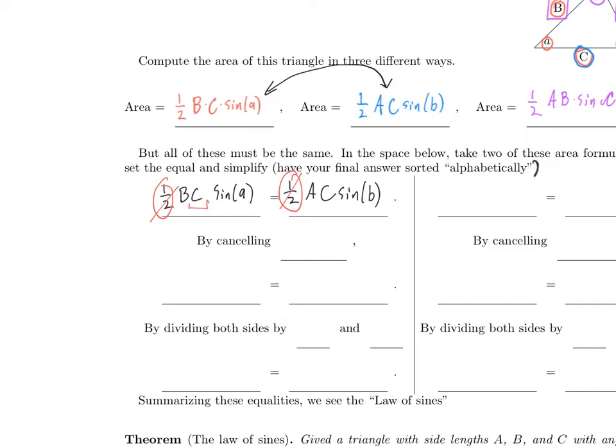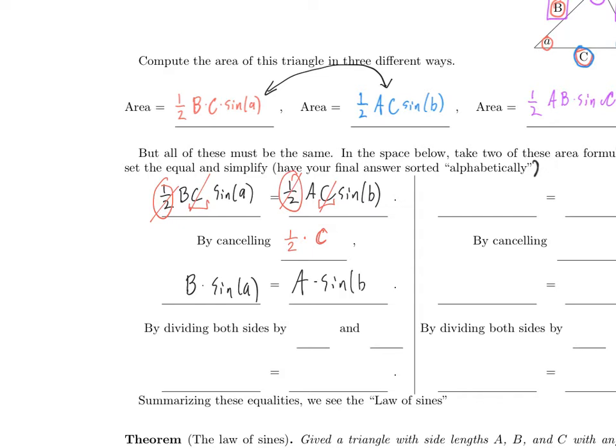Both the left and right hand side have a c as a factor, so we can cancel those factors. So by canceling 1/2 times c, we will see that b times sine of A is equal to